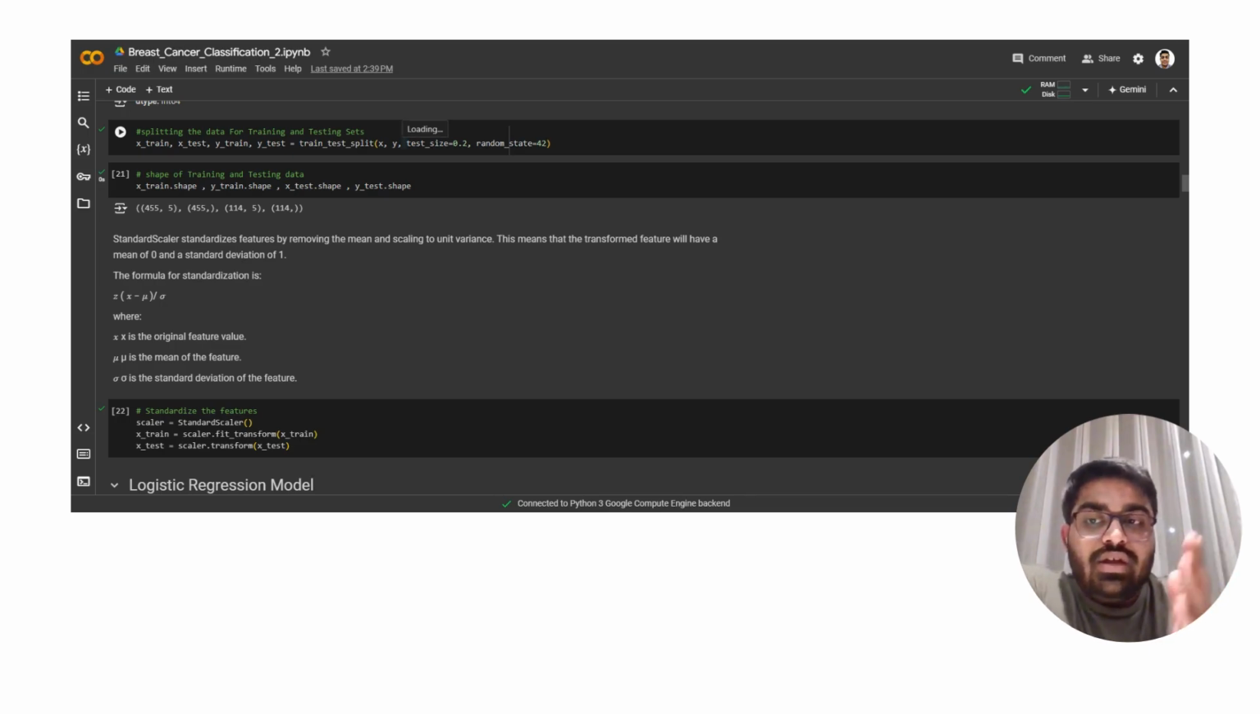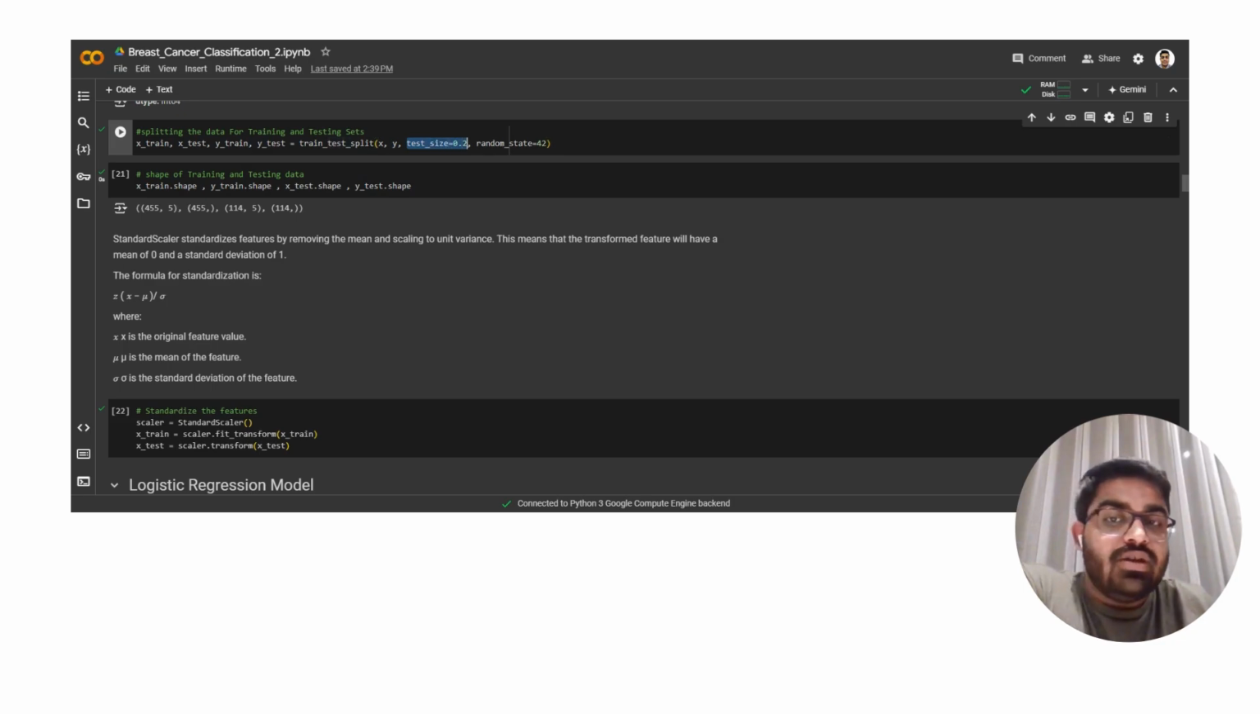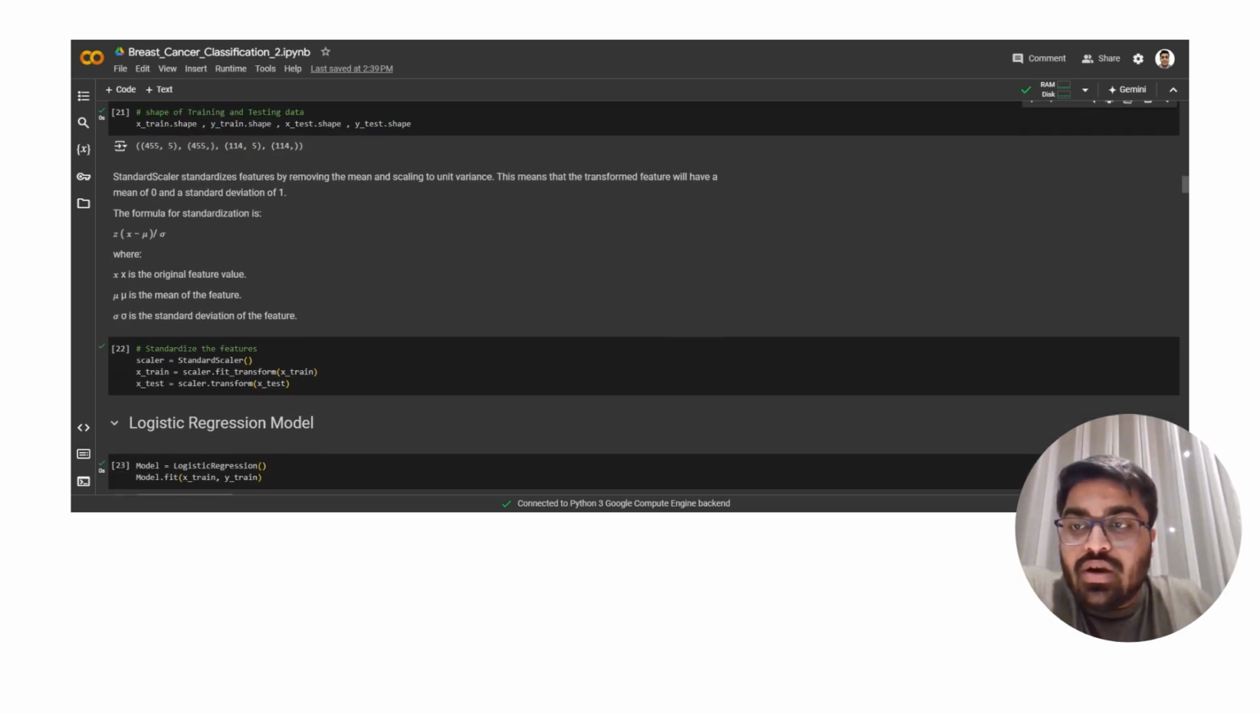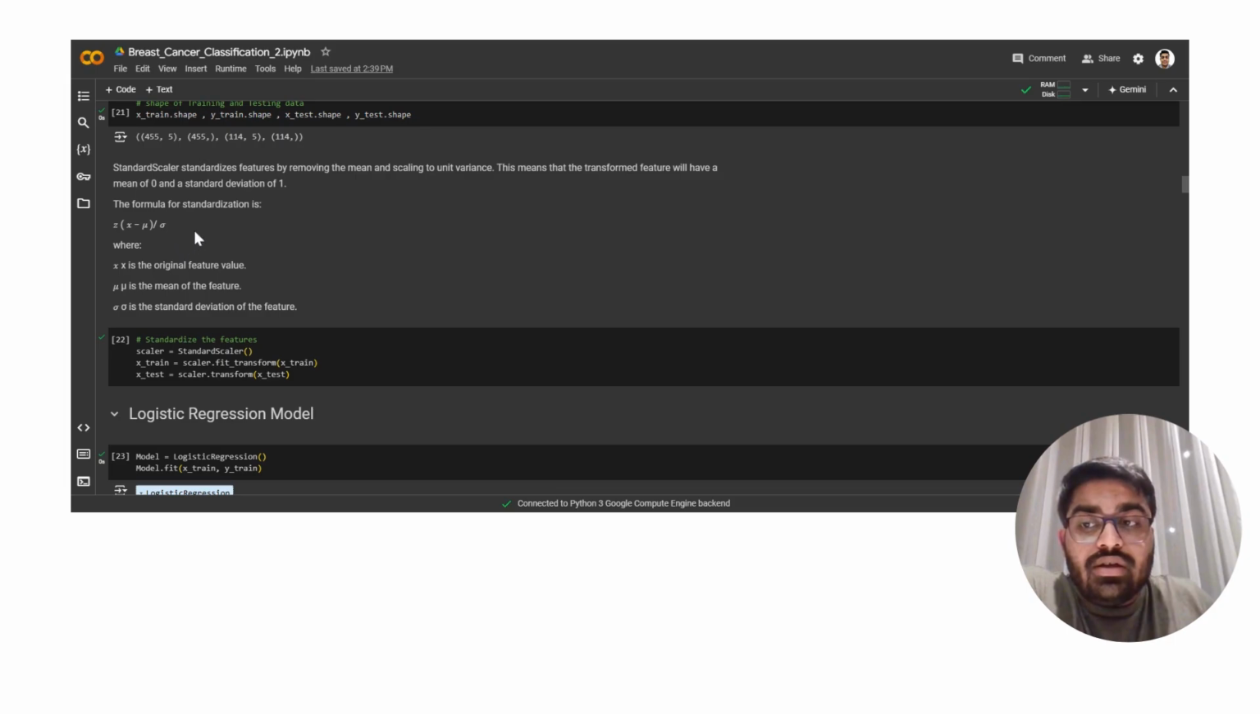So the training set would be 80% and the test set would be 20% of the data, and random state was set to be 42 as standard default according to industry standards. Then we wanted to apply standard scaler to standardize the data, wherein each and every observation was standardized by